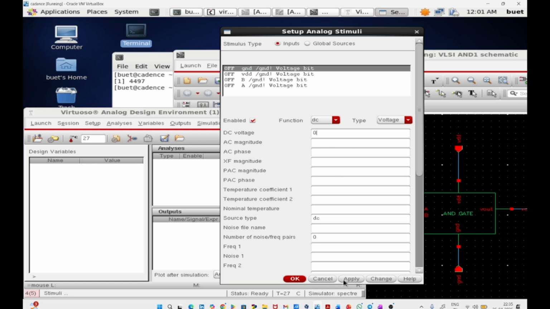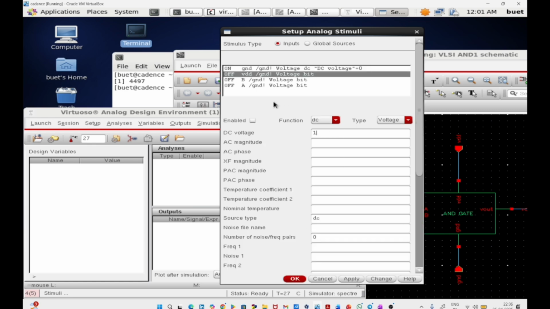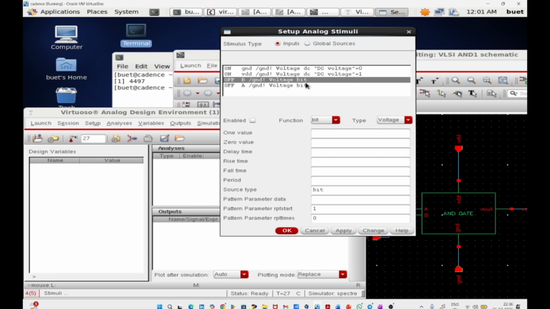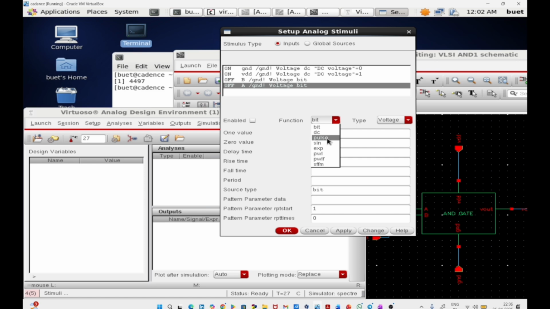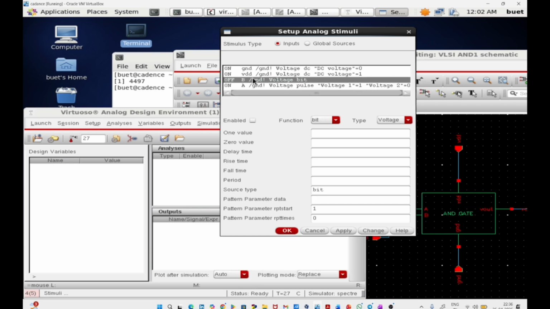then move to DC, enable this, give the DC voltage as 0, then click on apply, okay, then move to the VDD, then give DC voltage as 1, enable this, then click on apply. I will first give for A, then for B, okay, then click on pulse, then click on enable, then give voltage 1 as 1 volt, voltage 2 as 0 volt, period as 40 nano and the pulse width as 20 nano, then click on apply, okay,